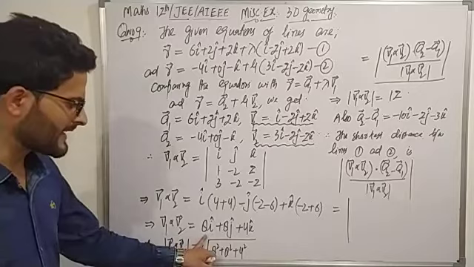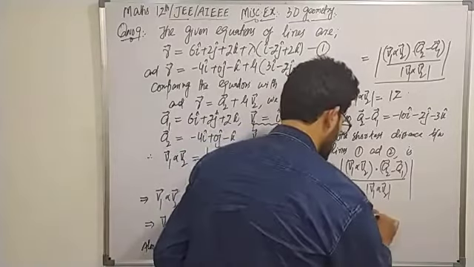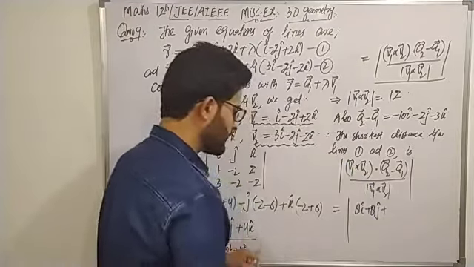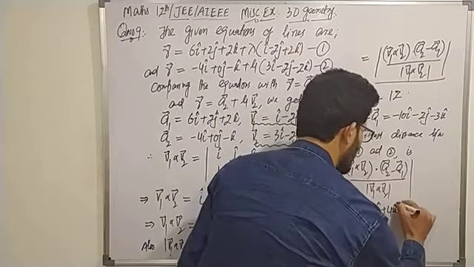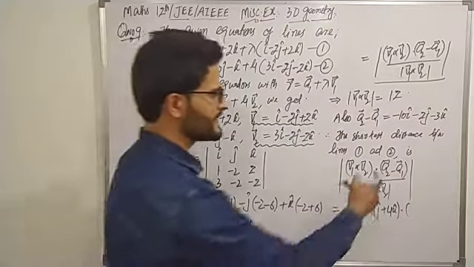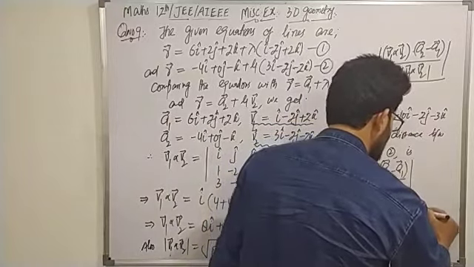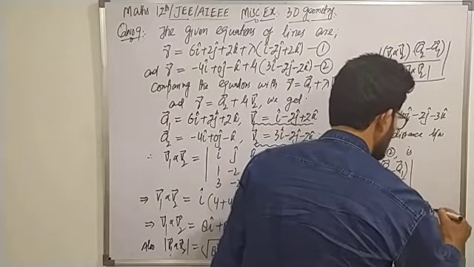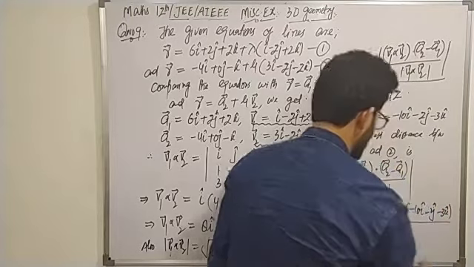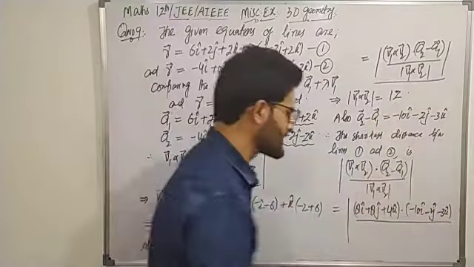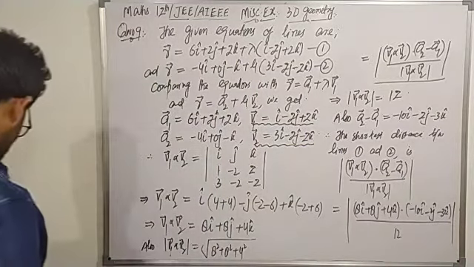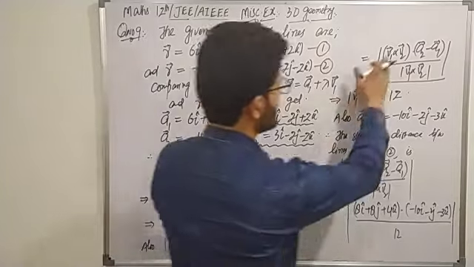V1 cross V2 is 8i plus 8j plus 4k, and we have to take its dot product with the vector A2 minus A1, and that is minus 10i minus 2j minus 3k, divided by magnitude of V1 cross V2, and that's equal to 12. Calculate that, and we will get,